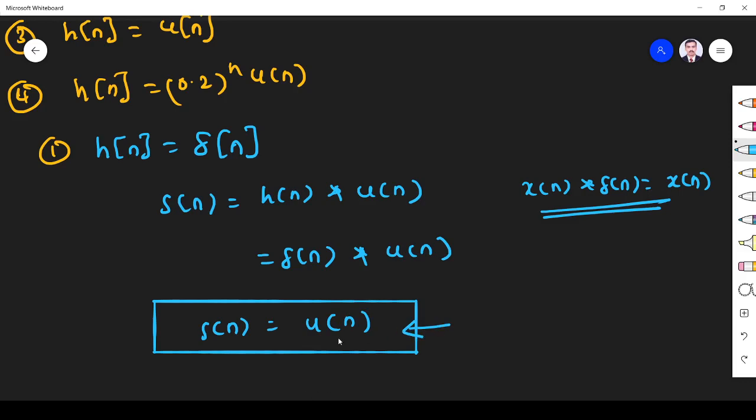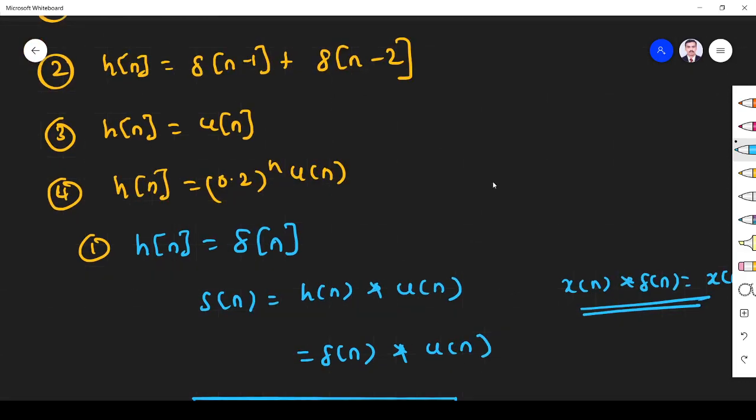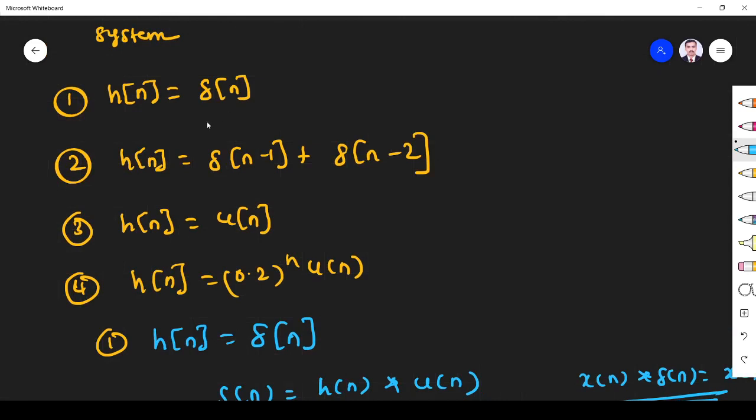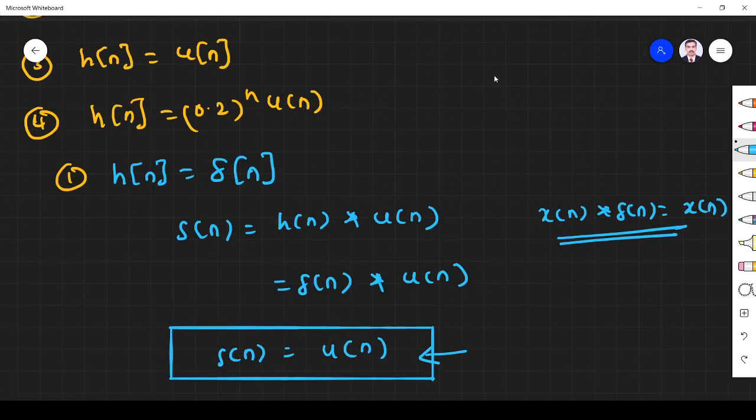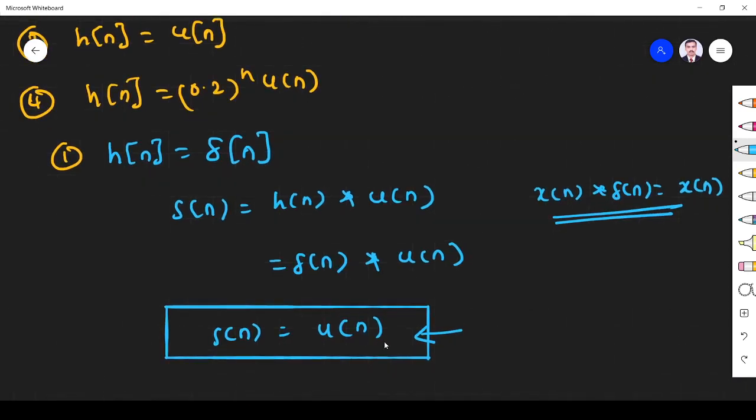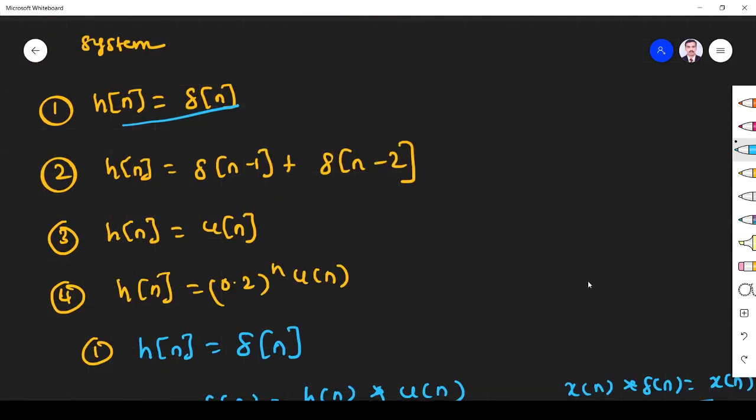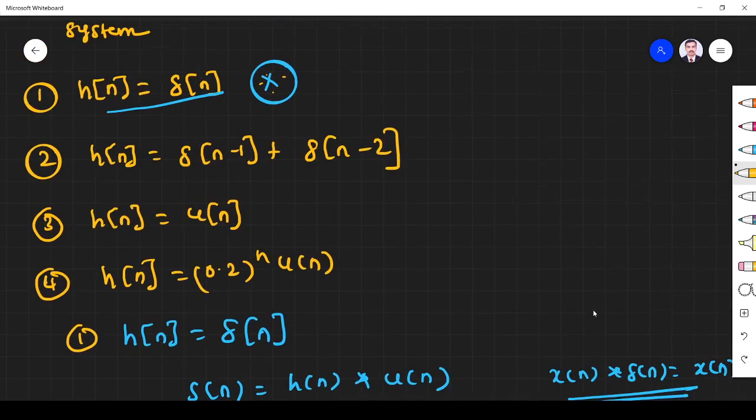So this is one of the beautiful problems. Here, when the impulse response is an impulse signal, what should the step response be? The step response must be a step signal, right? So it's a clever problem. You don't even need to work this out in competitive exams. You can directly guess. If the impulse response is an impulse, the step response should be a step. Okay, so the first problem is over.